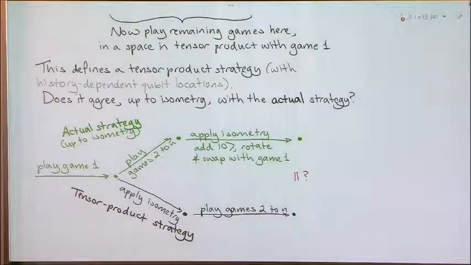The problem is it's not the same as the actual strategy. It's just a random strategy I came up with where the qubits measured are in tensor product. And so we need to argue that this strategy is really close to the ideal strategy. And it's really just a commutative diagram like this. So I want to say that if you play game 1 and then you apply this weird isometry where you add an ancilla, swap the qubits, rotate the ancilla, and then play games 2 through n, that's the same as playing game 1, playing games 2 through n, and then applying this isometry. Adding ket 0, swapping the two qubits, and rotating it. So that's completely formally what we're trying to prove.